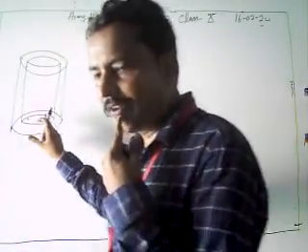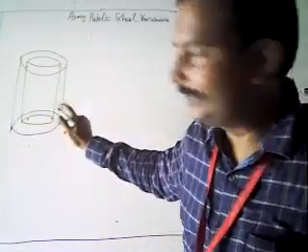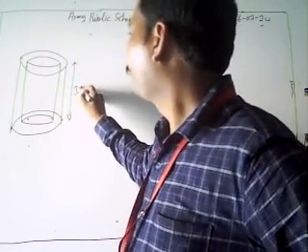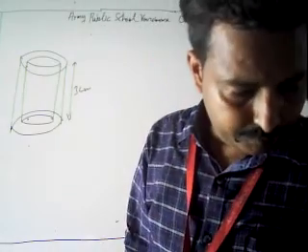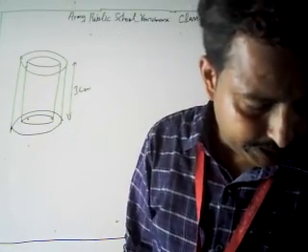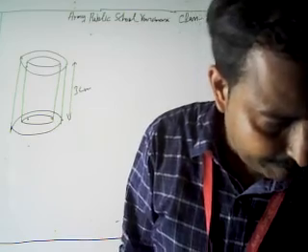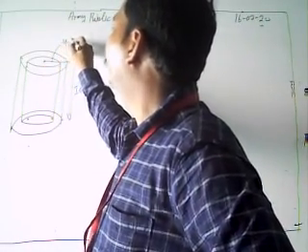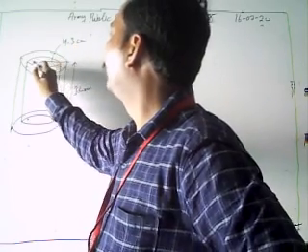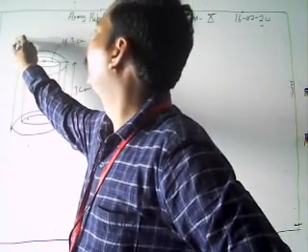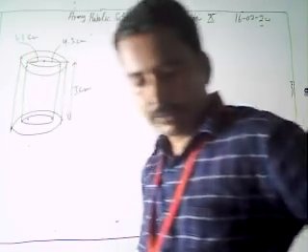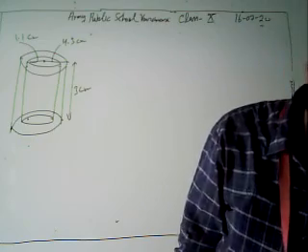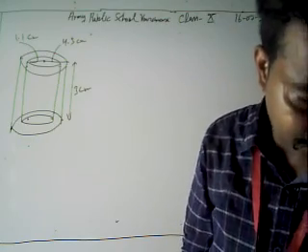Look, what we have given? We have here a hollow cylinder, its height is 3 centimeter, and the external and internal radii are given by 4.3 and 1.1. External is 4.3 centimeter, and this is our inner radius, 1.1 centimeter. Now look, the external and internal radii are given, find the radius of the solid cylinder.